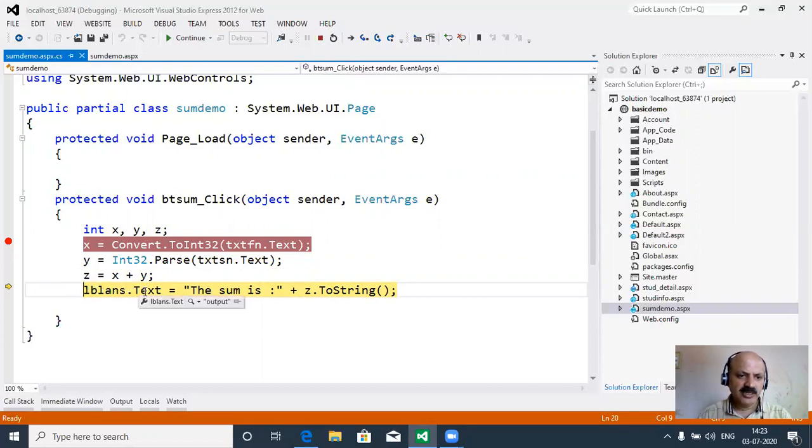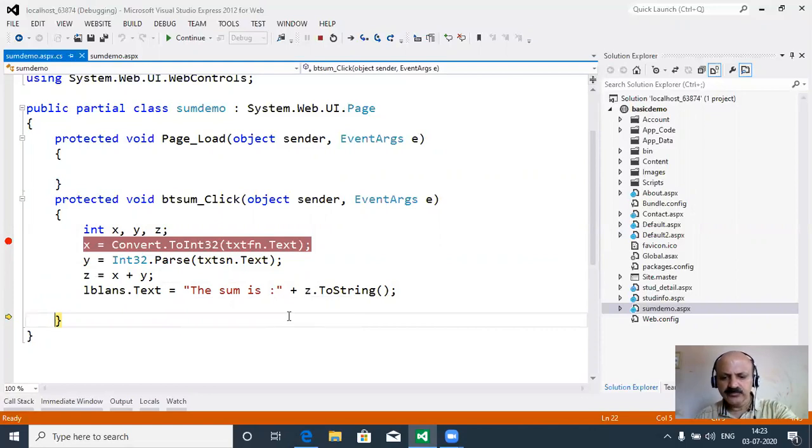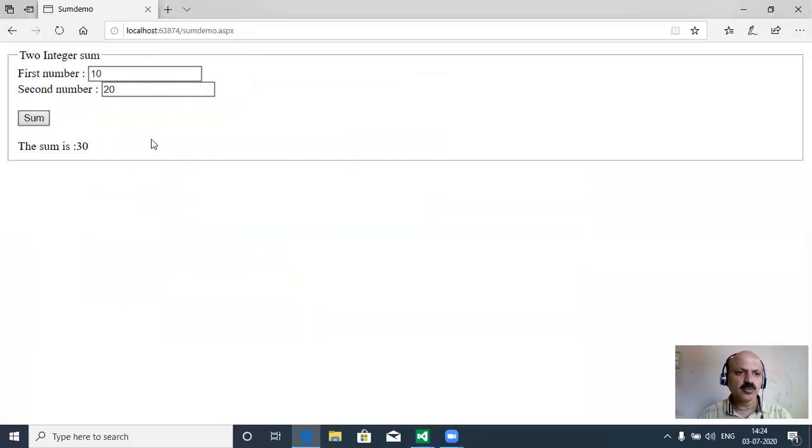Also check the label text. The output has default text that I assigned in this program. So I press F11 further. Now check the label text, it says the sum is 30, that is the heading and the z value here. Okay. So I press the F11 function key one last time and watch the output.